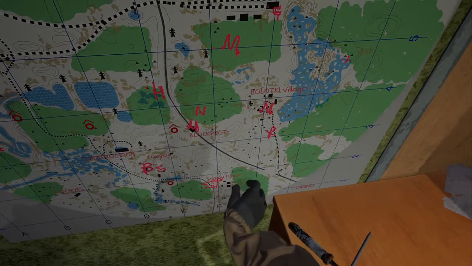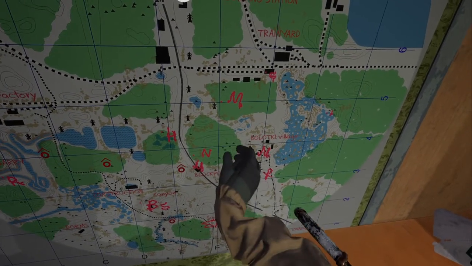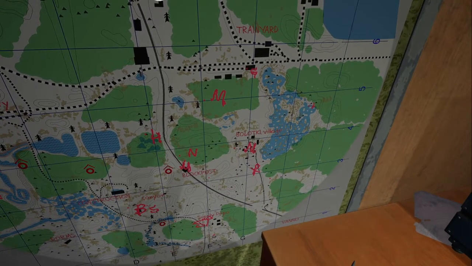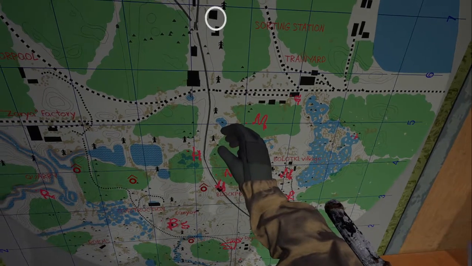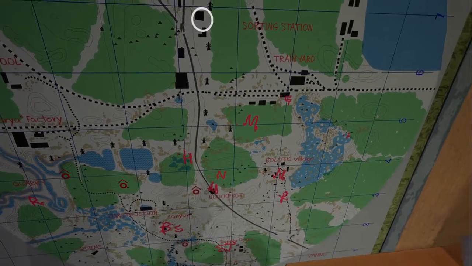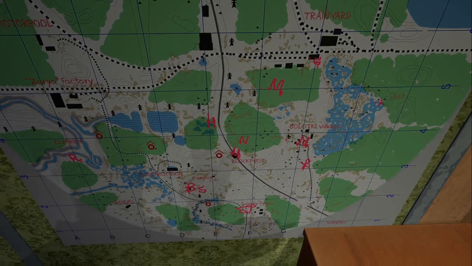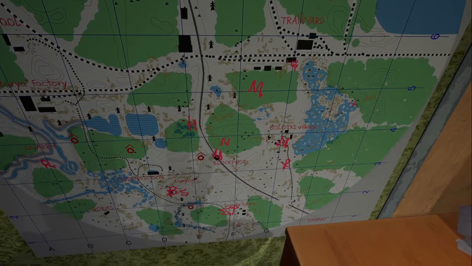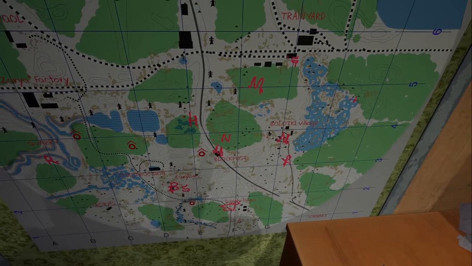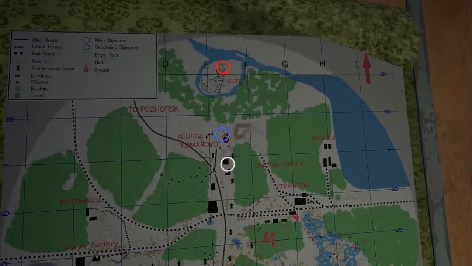I kind of want to cut over here and up here and then along the road here. That's probably the path of least resistance. Then we'll cut into the road north of where the harvester should be. Yeah, I think we'll do that. But we're going to get some sleep first. And then